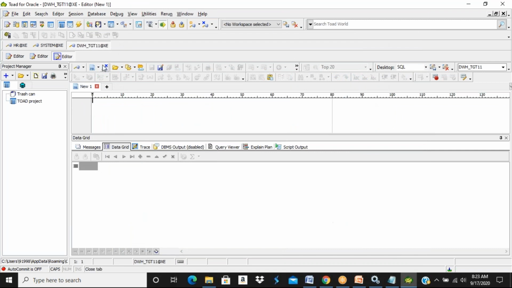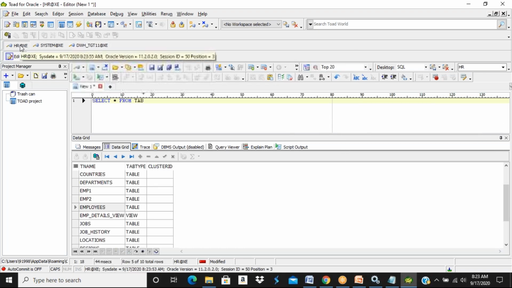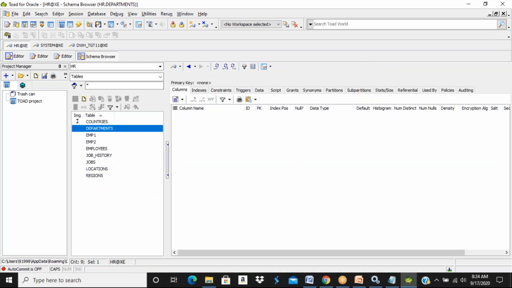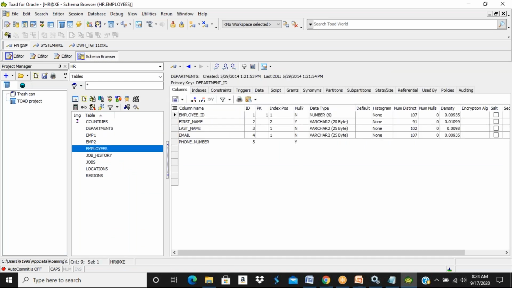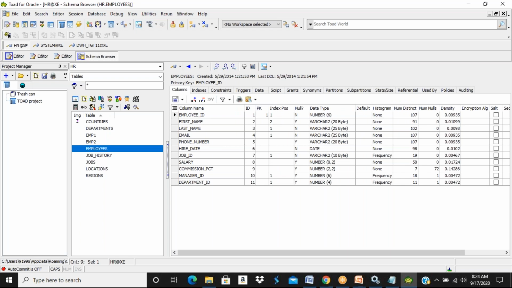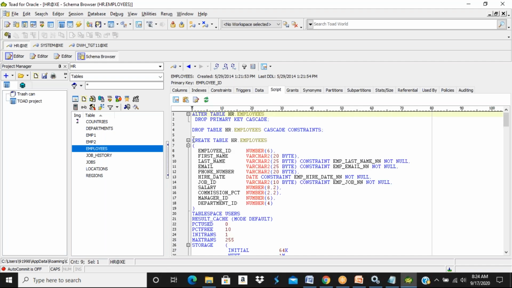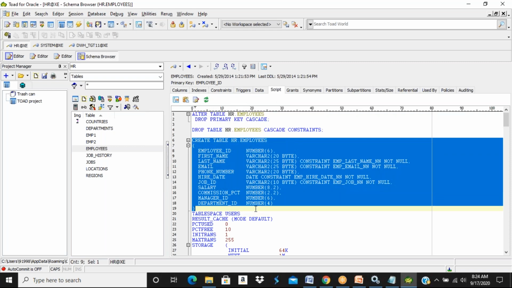Here I would like to create a table named emp_simplepass, and the table structure will be the same as the structure in my source schema, the employee table. So I'll copy the script, the create table statement. Control C.